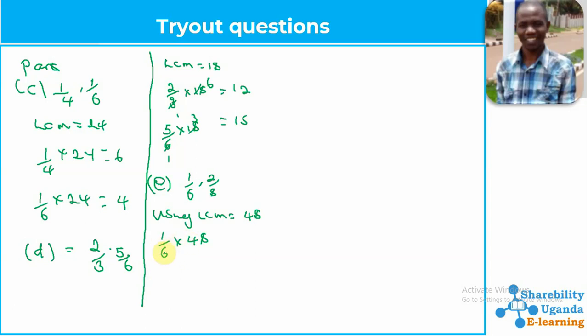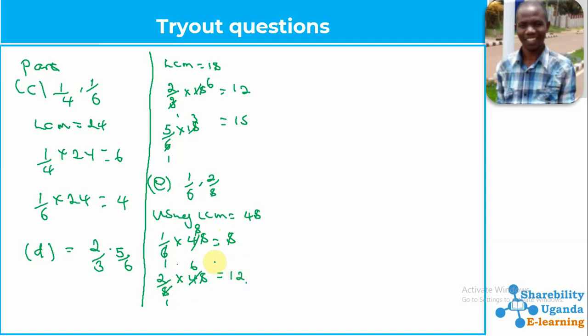Okay, we have our 6 by 6, 1. 48 divided by 6, here we shall be able to get our 8. So this simply means here we have 1 times 8, we shall come up with 8. We also calculate our 2 out of 8 times 48. By 8, 1 by 8, we shall get 6. So this simply means that 2 times 6 we shall get our